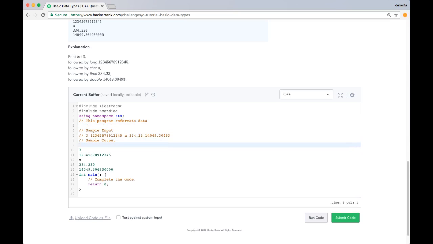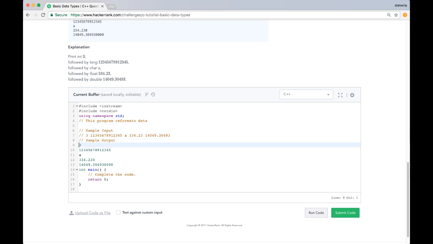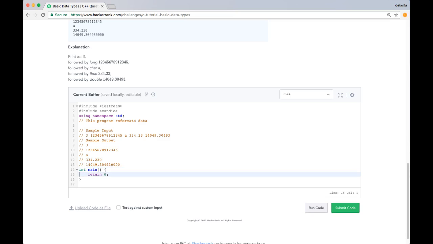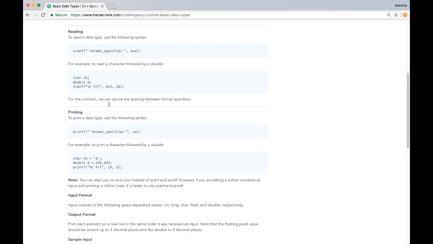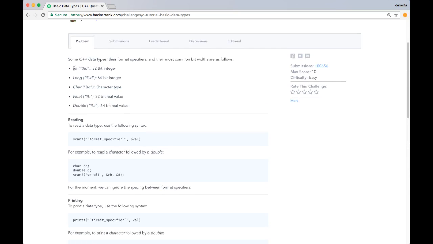And then we're going to give the same information that we were given, what the sample input looks like, what the sample output looks like, and it's all in comments, so C++ will safely ignore it. But it's also right here, so we can refer to it. Another piece of information that will be useful, and in the real world you'd probably just keep it open in another web page, but we'll just copy it down so we have it with us,